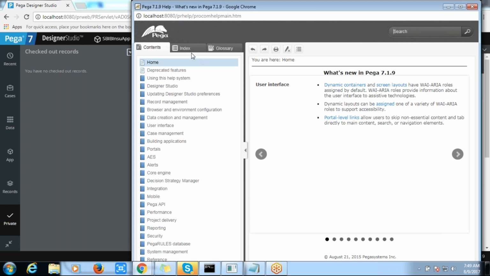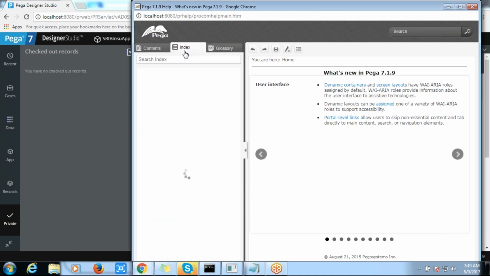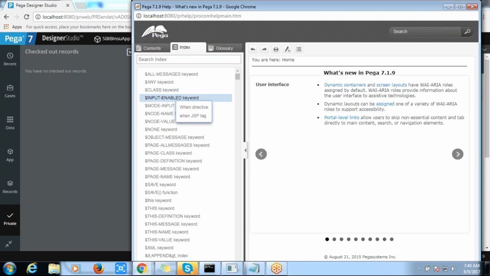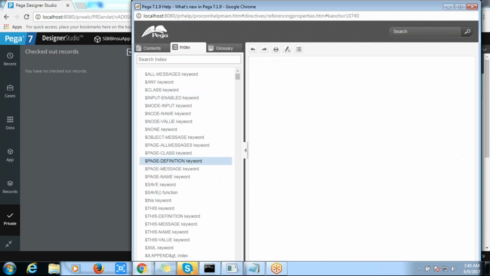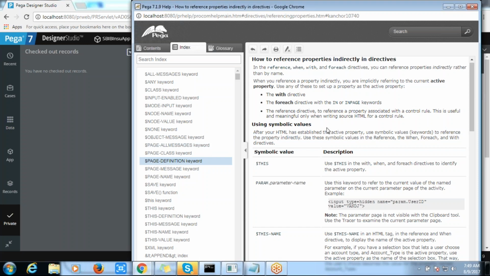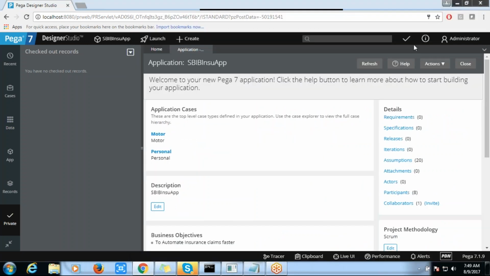Directly you can search, or you can search based on the index. You just click on the particular thing and you get the detailed description. If you don't know the proper content here, you can simply type that particular one and it will give you the corresponding topic. So you can learn more information by going through it.